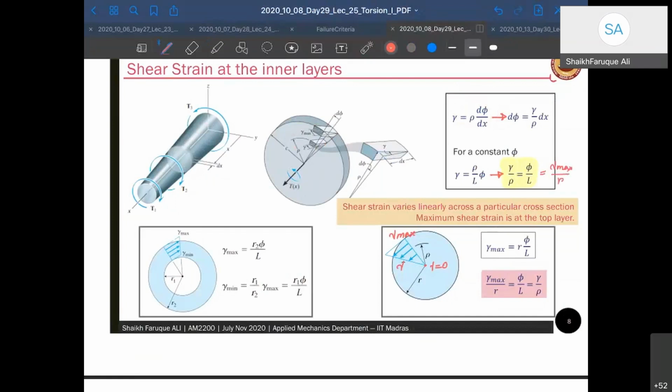Okay. Now that is for a solid section. What will happen for a hollow section? So the hollow section will follow a similar thing to what a solid section has followed. Now for a solid section, I'll say that at the point where it is